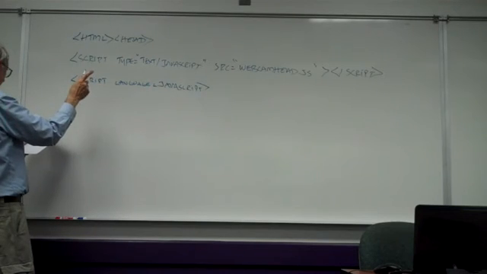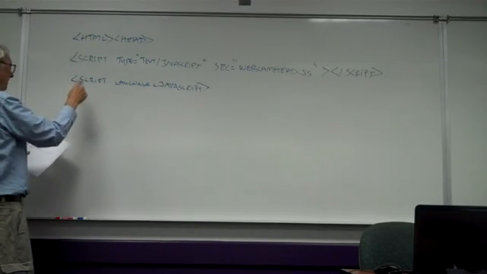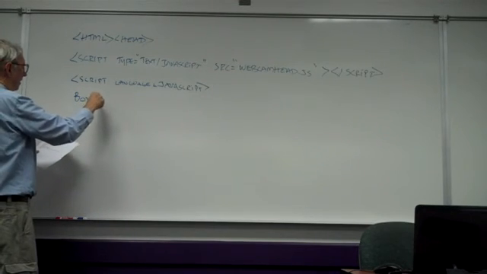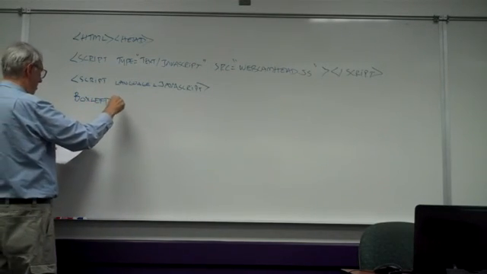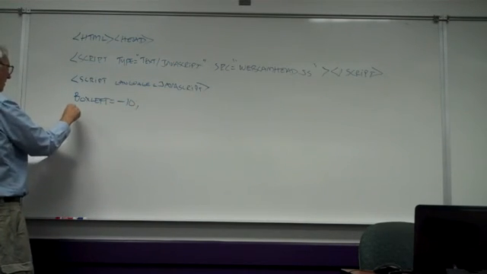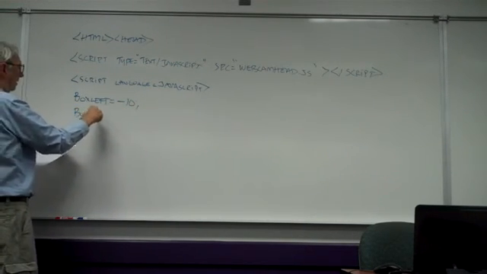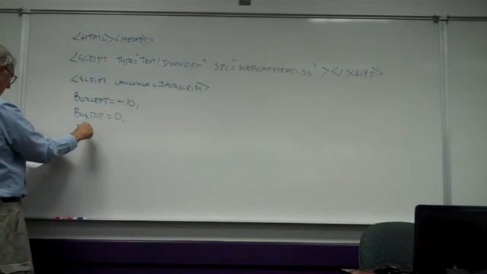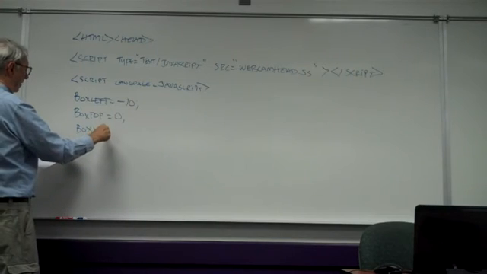They defined it up above, but I'm giving it the value here. Box left equals -10. Box top equals 0. Box width